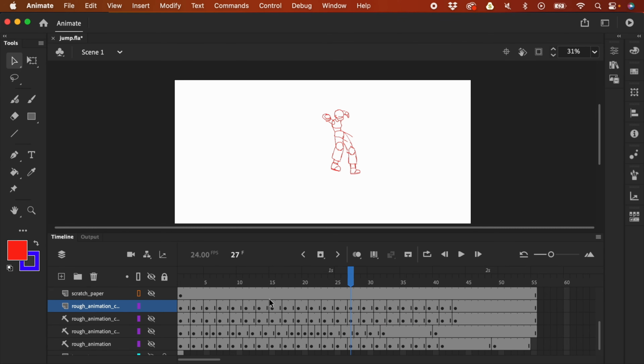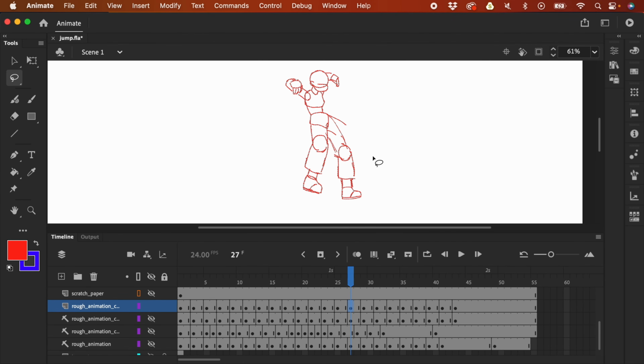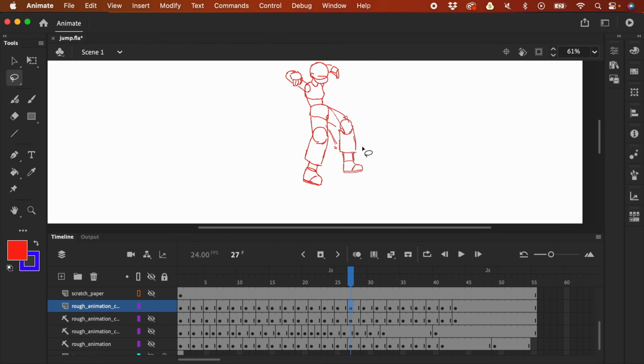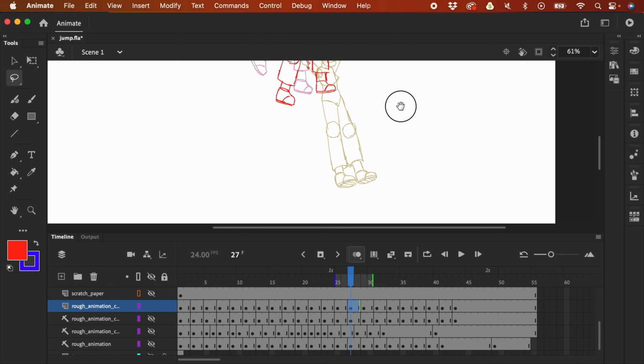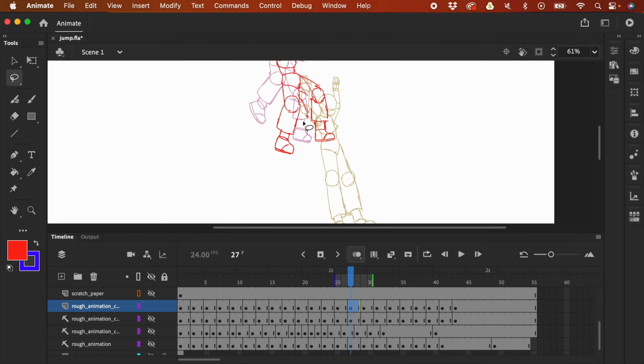So this is the layer that I'm going to work on, and let me just adjust this. I'm gonna bring this a bit higher right here, and this one. So I need the onion skin, but this is too much. I'm just gonna adjust the onion skin to just before and after. So what I want is this leg to be a bit straight,